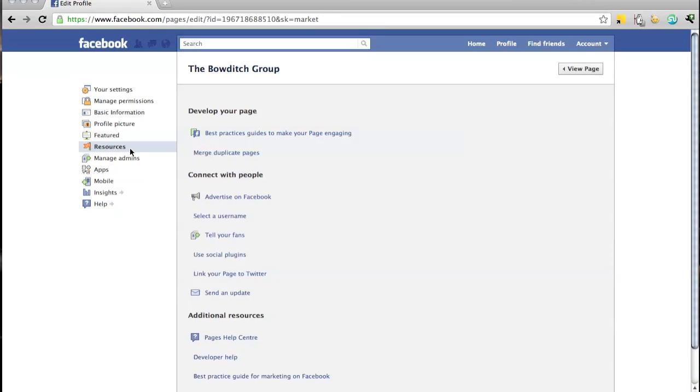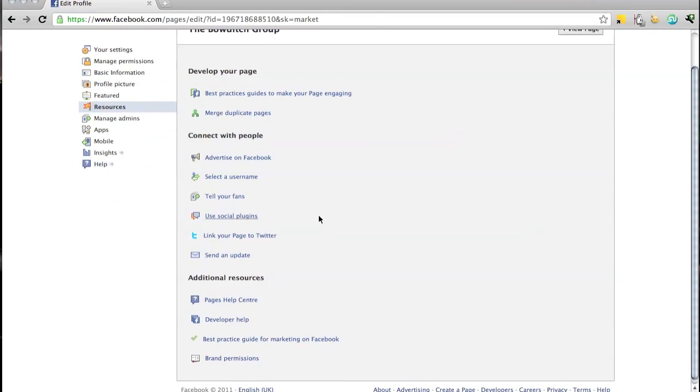The resources one is really handy. There's some really good stuff here in terms of information and updates and back-end help with a lot of things. But the important parts of this, I guess, are best practices and all that sort of stuff, how to do things, how to select a username. Now, that refers to up here. Because we're in the back end, it's a different one, but the custom URL for this page is